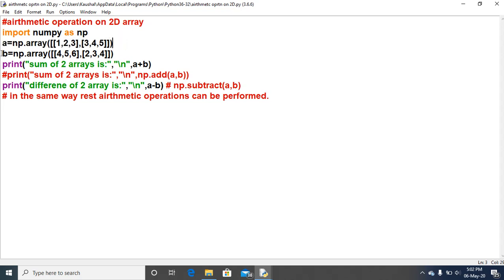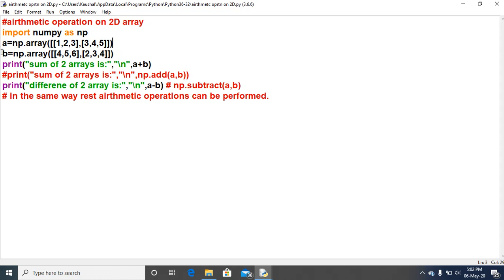In the same way the second 2D array B contains 4 5 6 in the first row and 2 3 4 in the second row. Again it is a 2 into 3 matrix, which means 2 rows and 3 columns. Both A and B are 2 into 3 matrices.